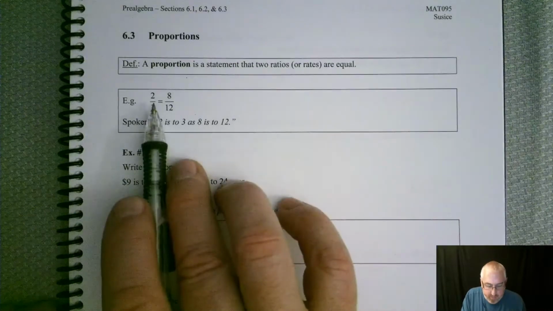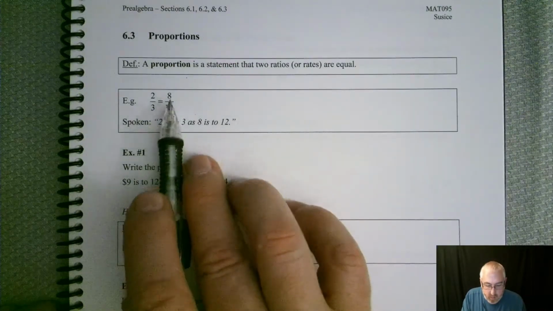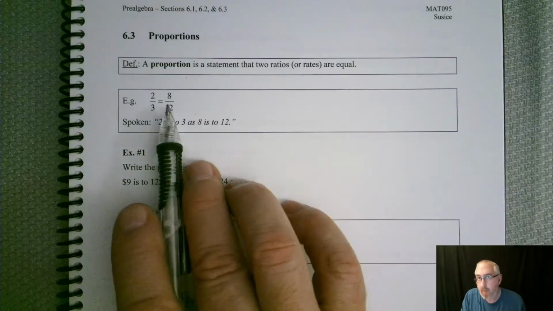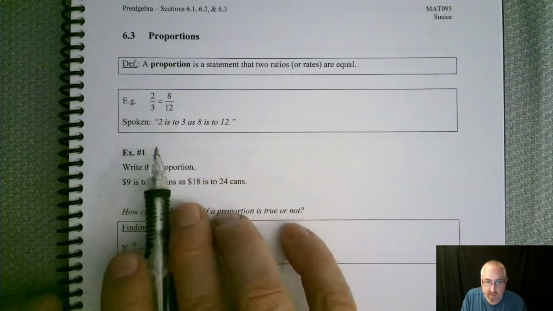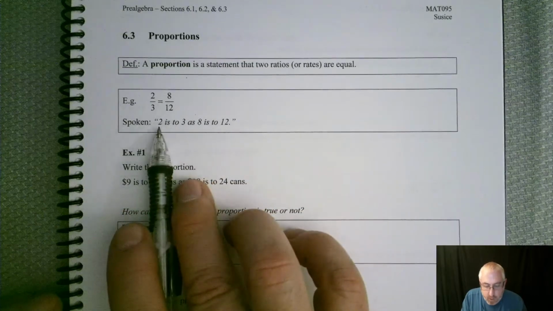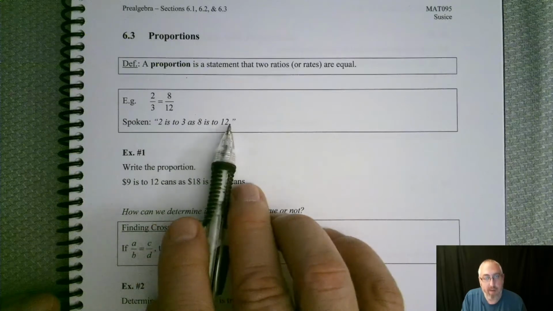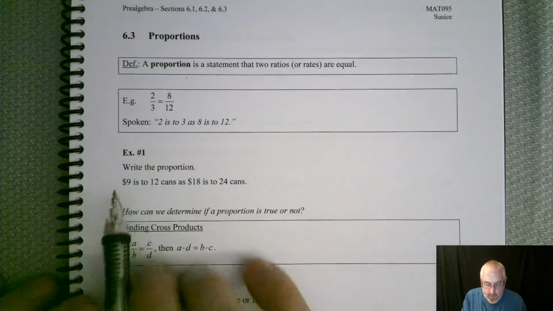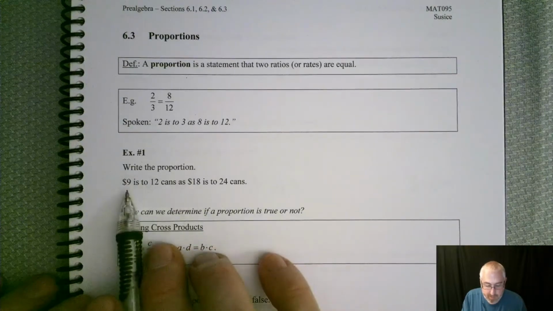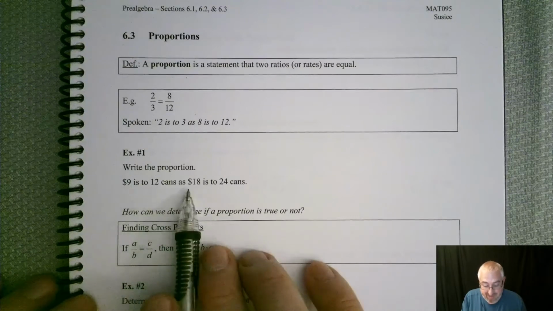So we have 2 to 3 is equal to 8 over 12. Now, the proper way to say those proportions is as follows. 2 is to 3 as 8 is to 12. Very formal, right? So if we wanted to write this proportion, not in dollars, $9 is to 12 cans, as $18